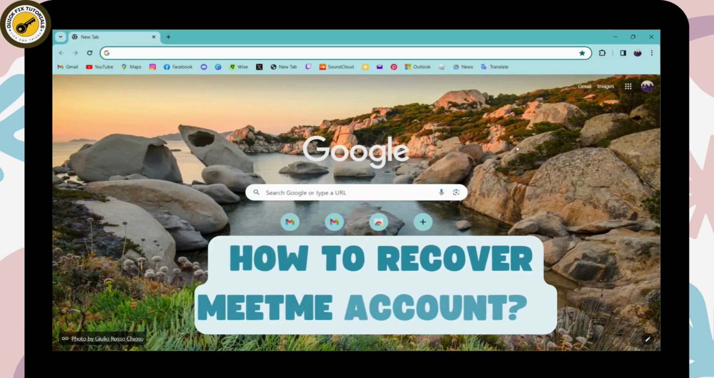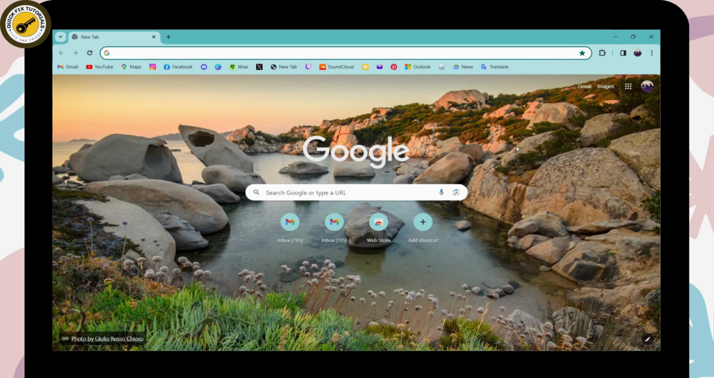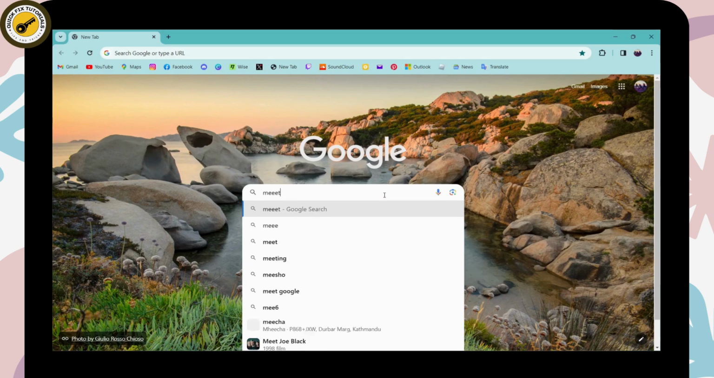How to recover MeetMe account. So if you want to recover MeetMe account, then first of all open up a browser, any browser that you are comfortable with, and I'm here with Chrome browser. Go for the search bar and search for MeetMe,